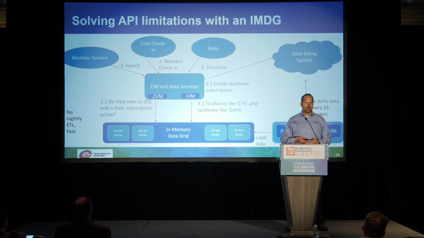The biggest reason I thought we needed the grid, if you listen to my 2017 presentation here, was that we are definitely going to hit the API rate limits of this SaaS vendor. We never did because we implemented this approach. All queries are going against the grid, and only when we need to write data, insert or update data, do we go and use the SaaS billing APIs.